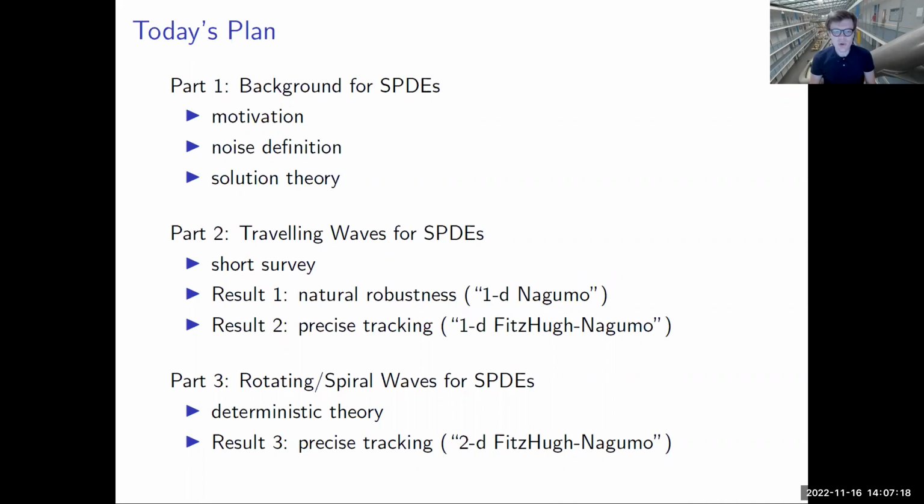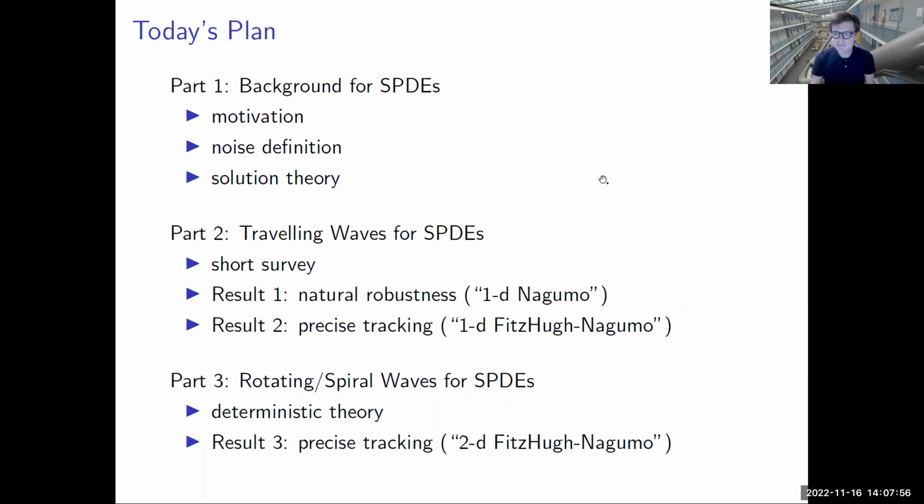Then I will go over traveling waves, so basically stuff that gets translated, as was alluded to in the introduction. And I will present a few results about the Nagumo equation and the Fitzhugh-Nagumo equation in one spatial dimension. And then I will go to the most recent stuff in the very end, which is about spiral waves or rotating waves, patterns that happen for a 2-component system in 2 spatial dimensions. And I will tell you a little bit about the mathematical results that we have obtained with a number of colleagues over the last few years.